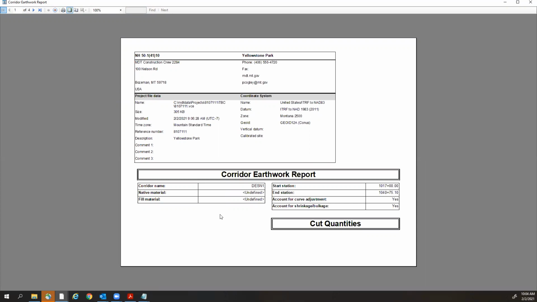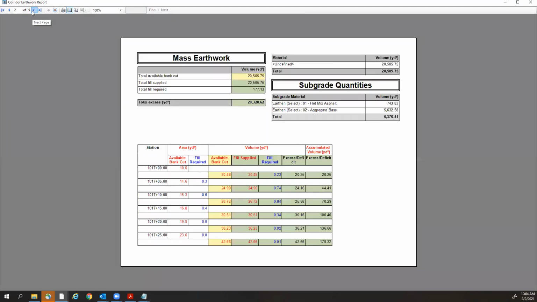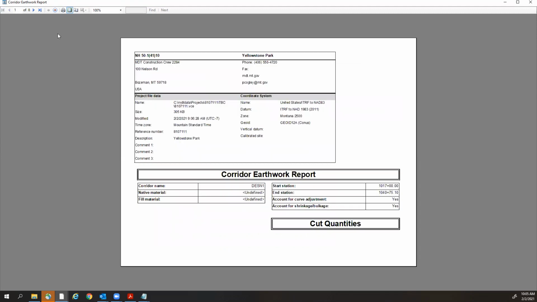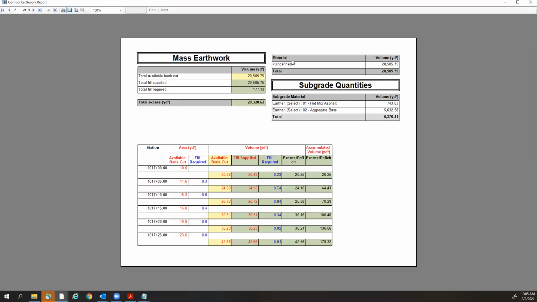So this is our corridor earthwork report. It'll actually give us in here all the end area calculations, but all the stuff that's important to us is on this page 2 pretty much here. If we go back to page 1, we can see that the heading for this is cut quantities. It gets cut off onto the second page, but this right here is our unclassified excavation number,